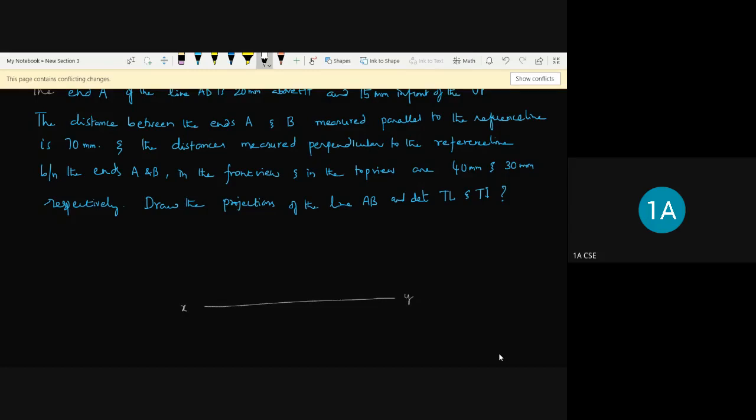So what is given is the XY line; you draw as usual VP and HP, and the point A is given. So you just draw A, which is 20 mm above HP and 15 mm in front of VP. So this is the A dash, which is 20 mm above HP. Just represent the dimension as well. Then 15 mm in front of the VP. So this is the A, and represent the dimension.